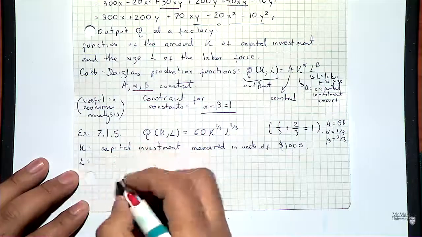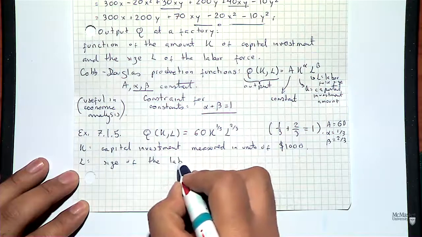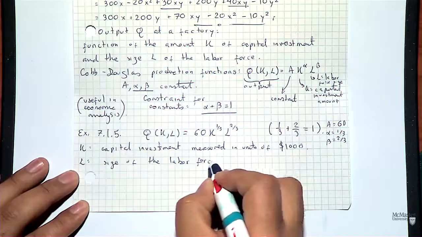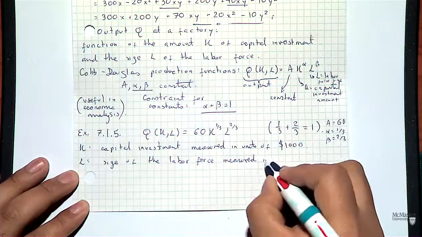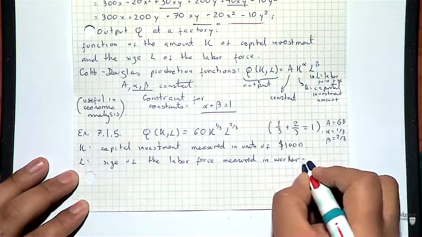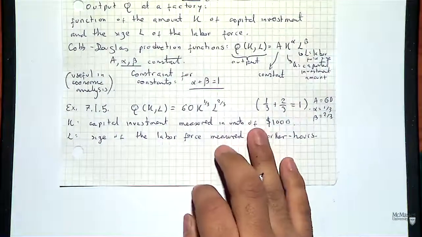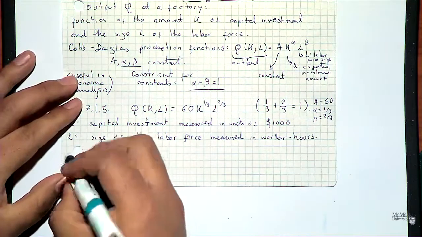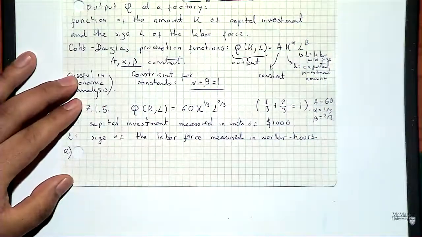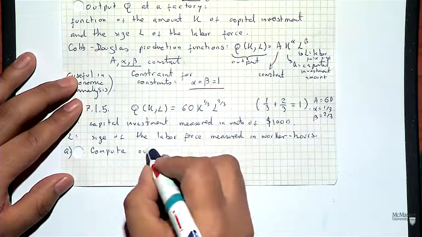And L, which is the size of the labor force, is measured in terms of worker hours. The choice of units might be important, since we might get some information later on. So the first exercise is to compute the output